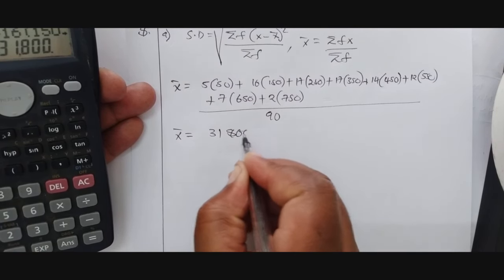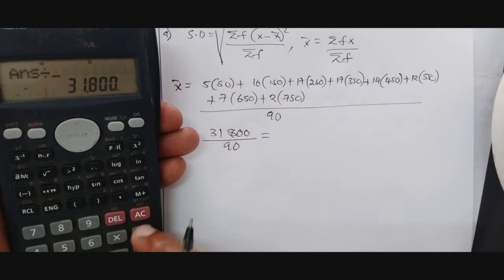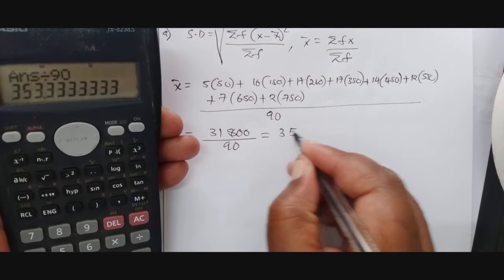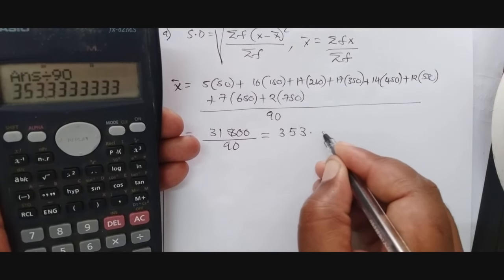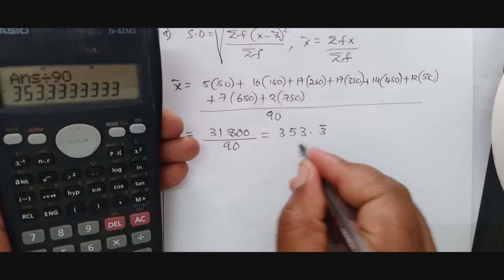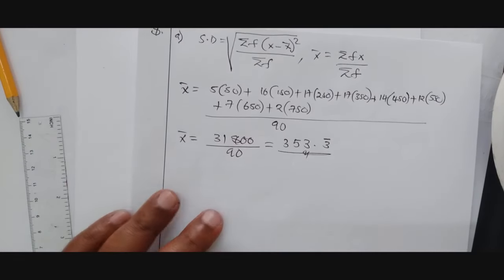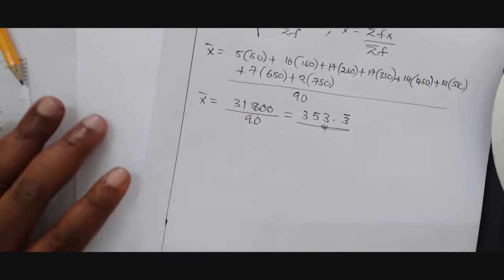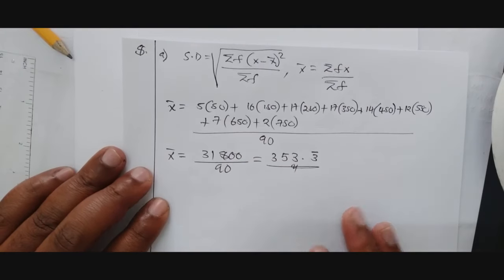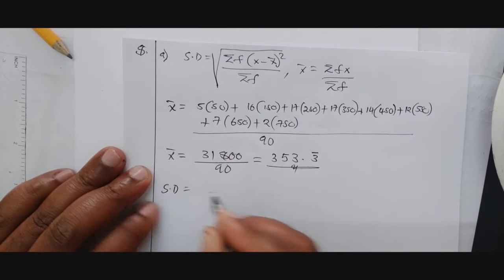31,800, alright, divided by what? 90. So you don't cancel directly, say divided by 90. What do you get? You have got 353.3. They are recurring, alright? They are recurring. You can even do that. This is our mean. Then now we come and find our standard deviation. How? You don't need to struggle because you have already written almost everything. So you're going to say, my standard deviation is equal to